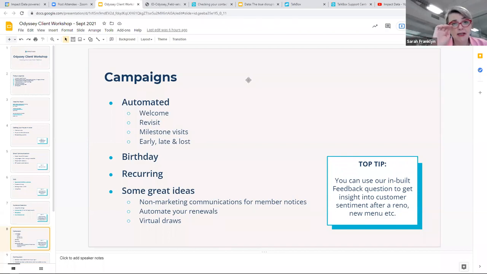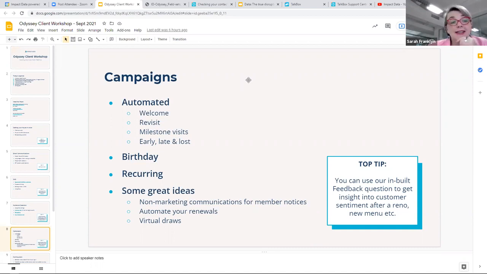Birthday is really important. Don't forget my birthday. Have an offer. Be generous. The most generous offers should be on the birthday. Don't put too much encumbrance on it. And also, think about communicating in advance to someone's milestone birthday. Or even if you have a really good catering or function room, reminding them in advance of their birthday.